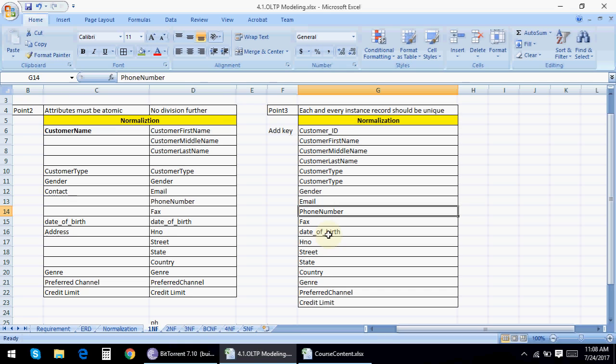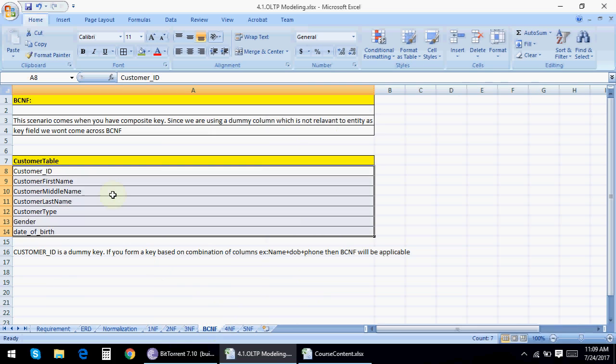But it's not necessary that if you have millions of customers, every customer will have the same date of birth. So at least you can have a unique combination with phone number and date of birth. If you have such a scenario, then the BCNF normalization technique will be applicable. As of now, my customer table has only customer ID, so BCNF is not applicable.